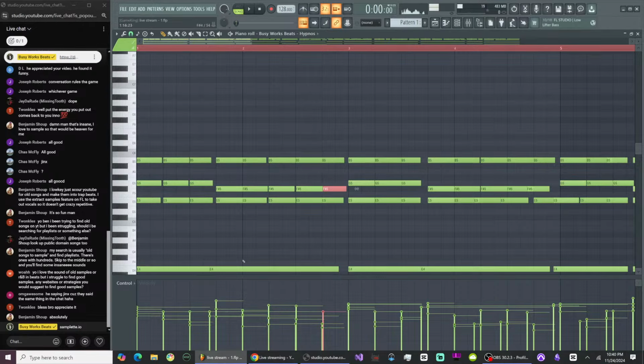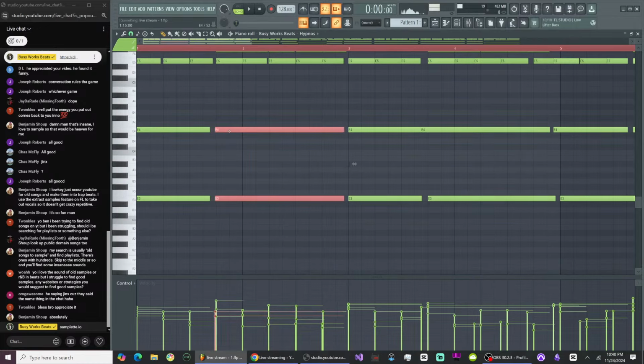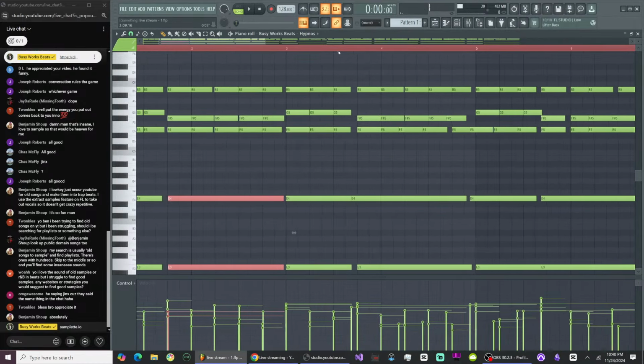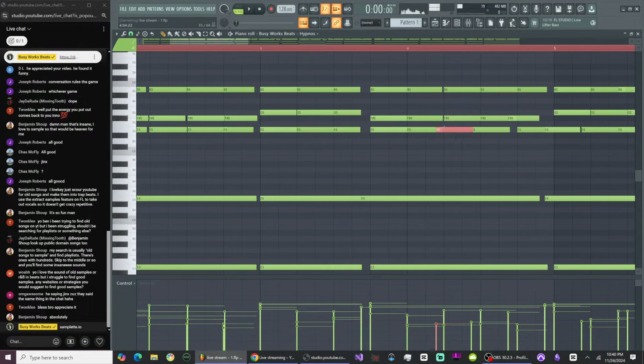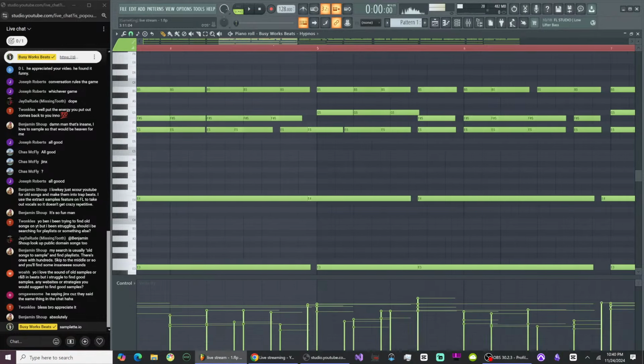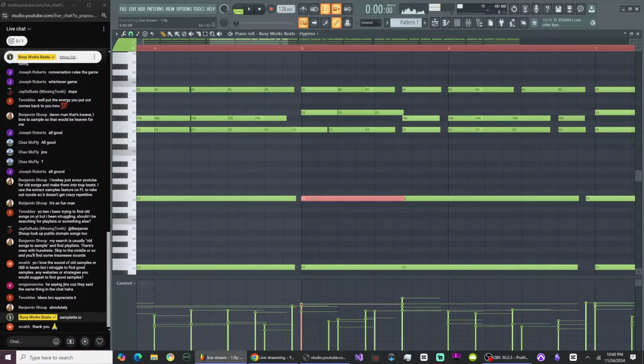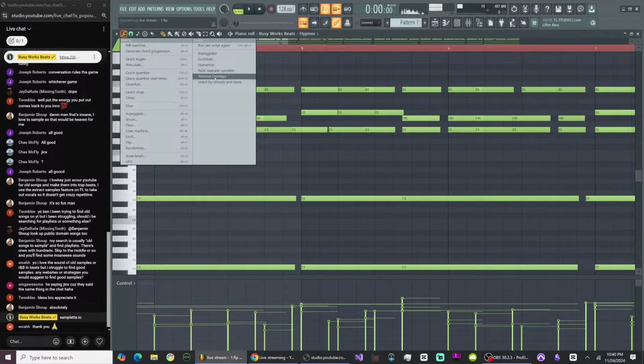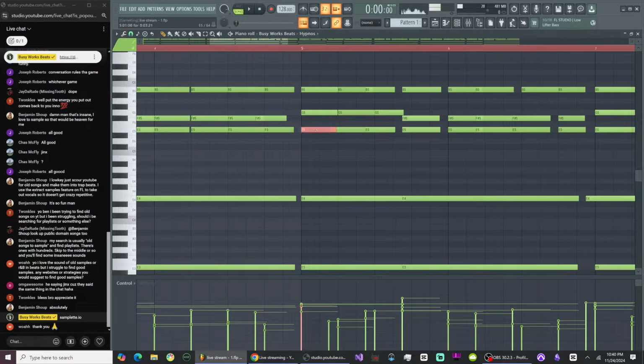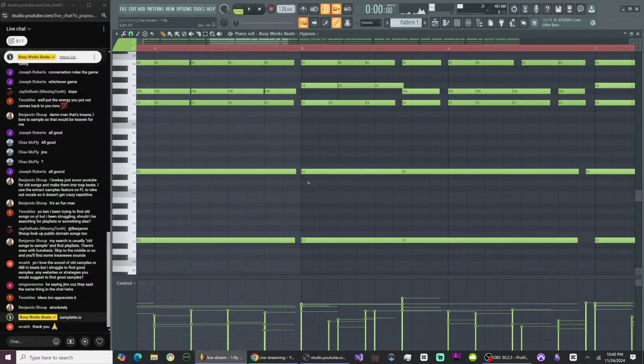All right, so this is going to be boring, but I'm going to try to nudge all these notes on the grid to save time. What I might do is just do it for like 8 bars and then copy and paste because we don't have time to be adjusting individual notes. One thing I would recommend for FL Studio folks is download from the ImageLine forums a piano roll script. You want to look for the script called Remove Overlaps. That's very important for when you record MIDI like this. You overlap your notes a lot, and what FL will do is mute the note if it's overlapped. So the reason I use Remove Overlaps is to get rid of any muted notes, basically.